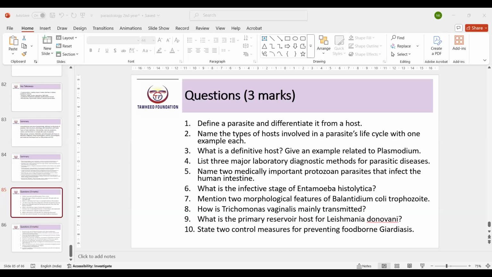So fascioliasis is caused by Fasciola hepatica and less often by Fasciola gigantica, which are flatworms classified as liver flukes, that is trematodes. Some human cases have been caused by hybrid species. Additional Fasciola species have been found in animals. The snails' intermediate host is the genus Lymnaea. So, its life cycle: